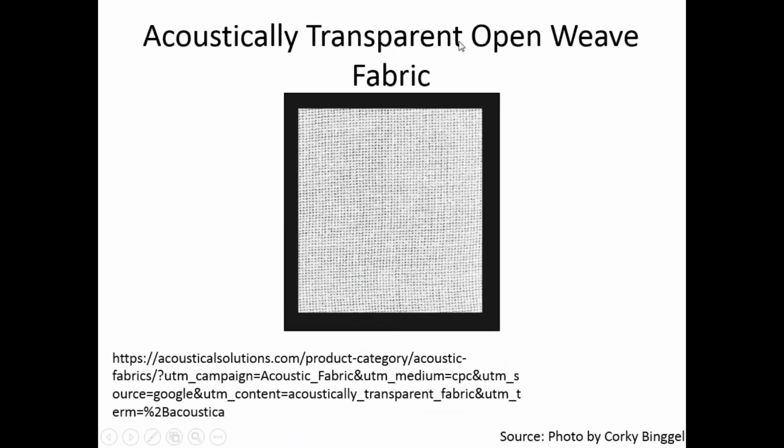And here is an acoustically transparent fabric, open weave, that you would use on the facing of those speaker box housings. I supplied an article, or really a source for this, the Acoustical Solutions product. And you could get varying colors and types of weaves, so sometimes they're tighter and sometimes they're looser. And you would just decide based off your product. And usually your AV technician will help you decide what you need.